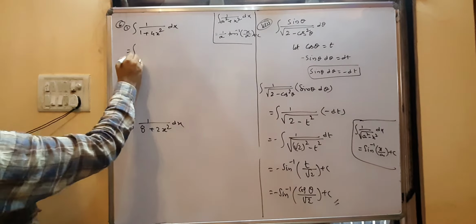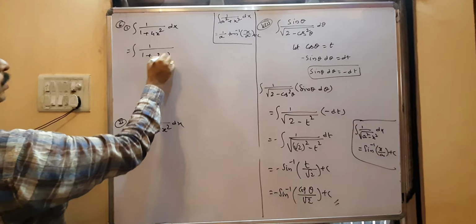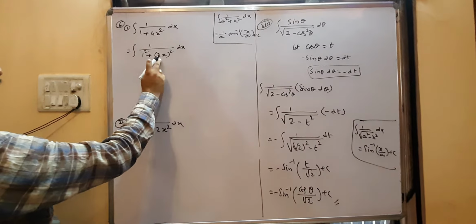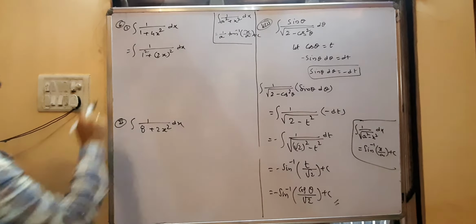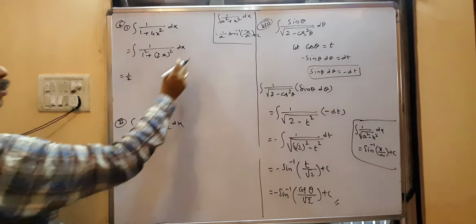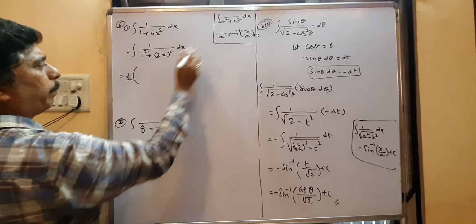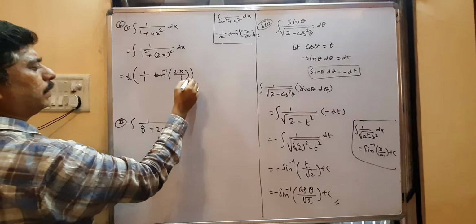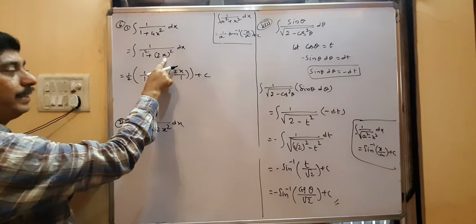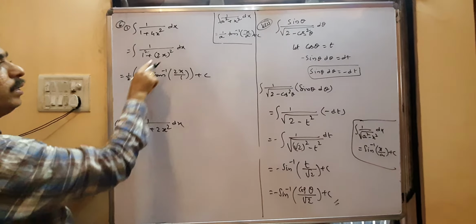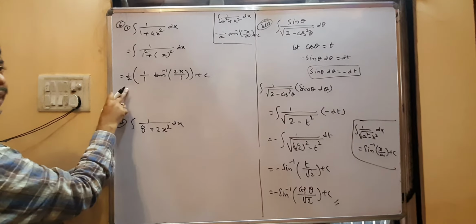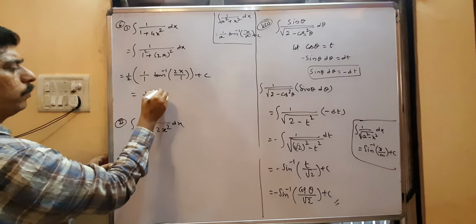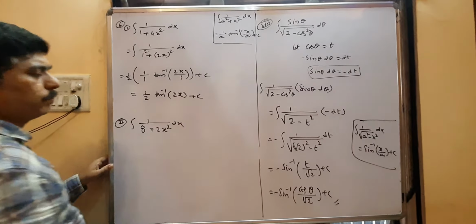This can be written as integral of 1 by 1 plus 2x whole square dx. Here a is 1 square, and x is 2x. The x coefficient is 2, so it becomes 1 by 2 into, applying the formula, 1 by a into tan inverse of x by a, so tan inverse of 2x by 1 plus c. Since the x coefficient is 2, it is written outside. If the x coefficient is 1, it is not necessary to write anything outside. So this is 1 by 2 into tan inverse of 2x plus c.